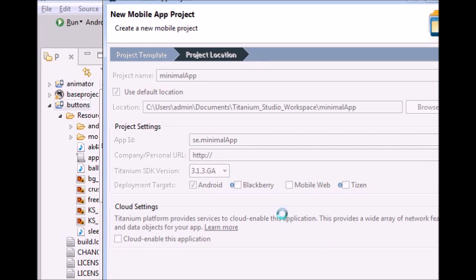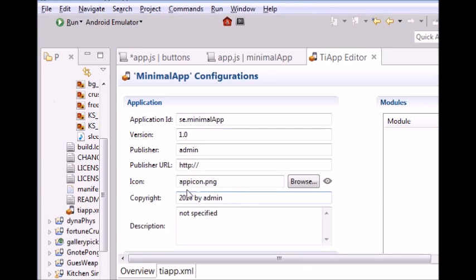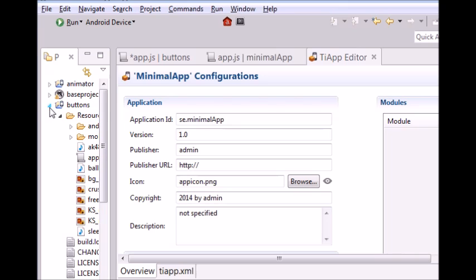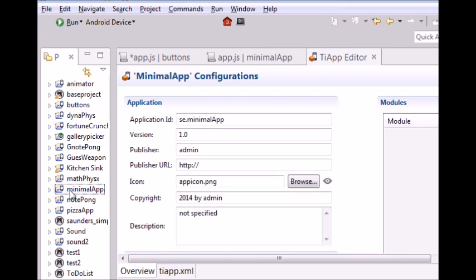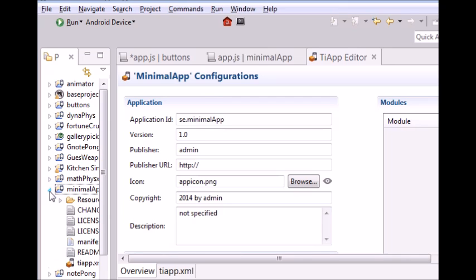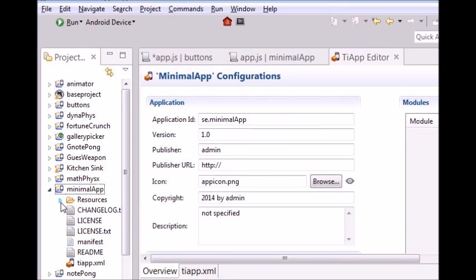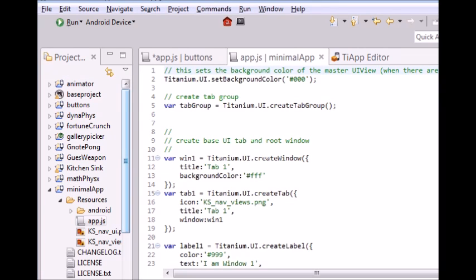And Titanium Studio will create a couple of files that we need to run this application. You got the Project Explorer at the left here, and if you expand this and check in the resources folder, you got a file called app.js. Double click that one and you got this starting code. We're just gonna delete this